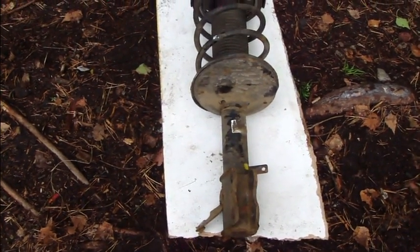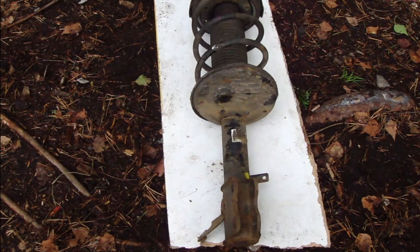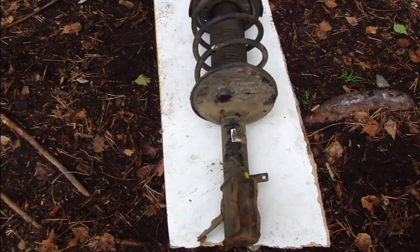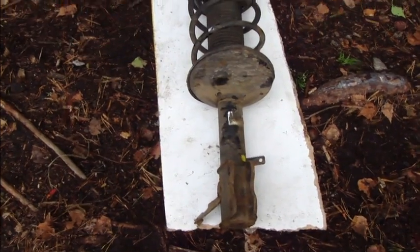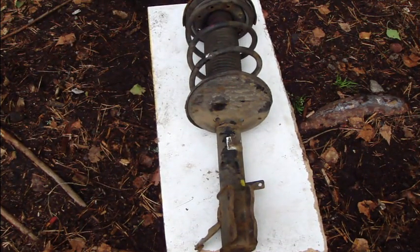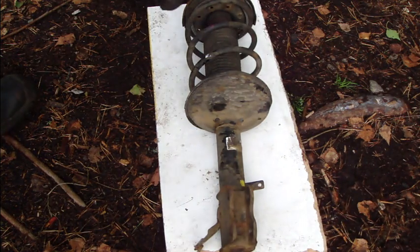Hello and welcome. Welcome to learn how you can change this coil spring and strut assembly on a Toyota Corolla. This is the Toyota Corolla's front strut assembly, and this is a used one. The mileage is something like 50,000 miles, about 70,000 kilometers, and this is even a useful